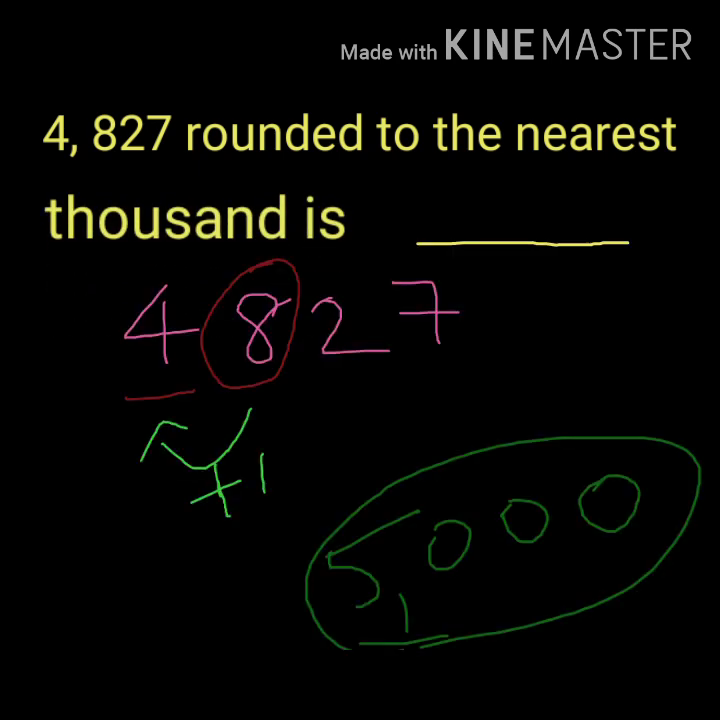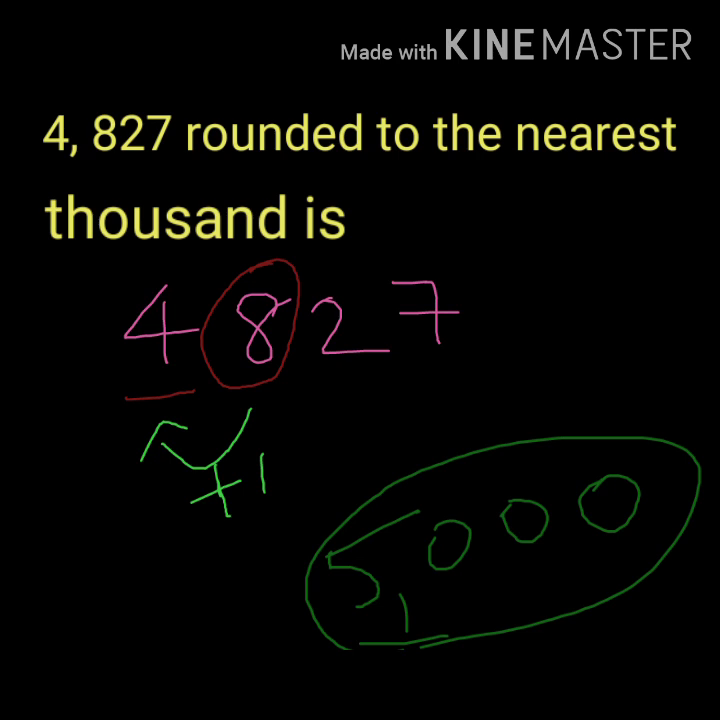So you have to underline the thousand place value. Here the thousand place value is 4, so underline it. Next you have to see the next number. Your next number is 8. Here 8 is more than 5, so you have to add one more to the underlined number. If you add one more to the 4, it will change into 5, so your answer